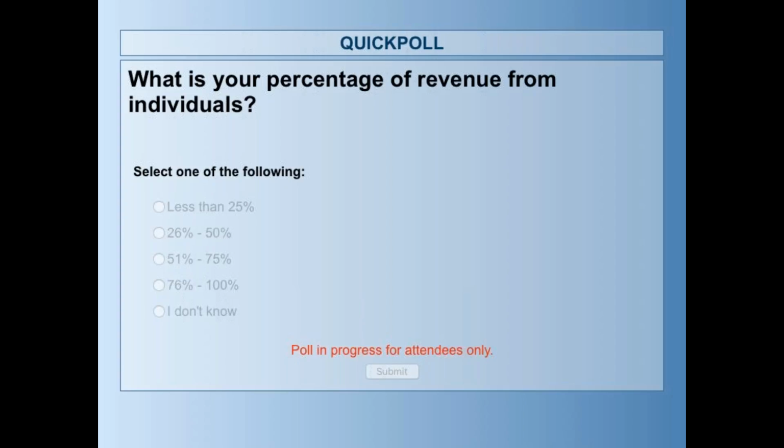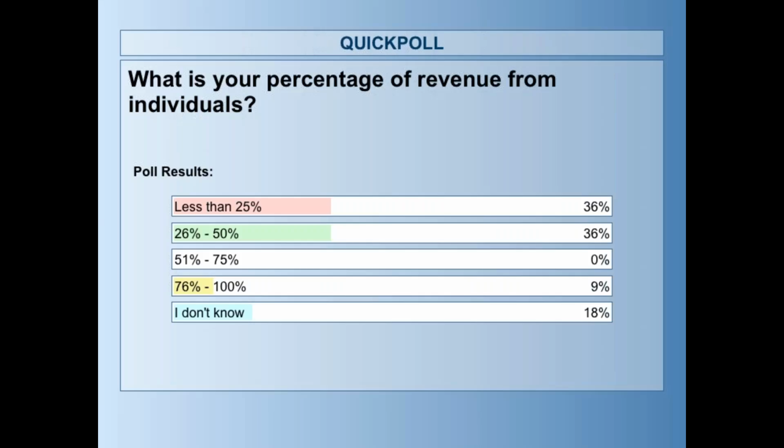Okay, I am going to close the poll and share the results. So we have folks who are less than 25% and in that 25 to 50% range. A few folks who are closer to that 75 to 100% range, and then a couple folks who don't know. So for this group, if we calculated the average, it might be closer to that 35% if we averaged everything